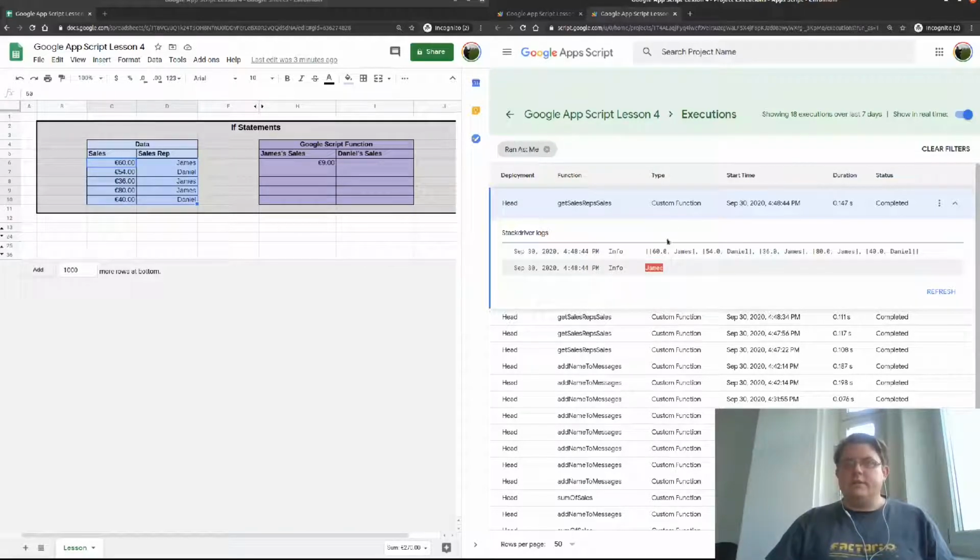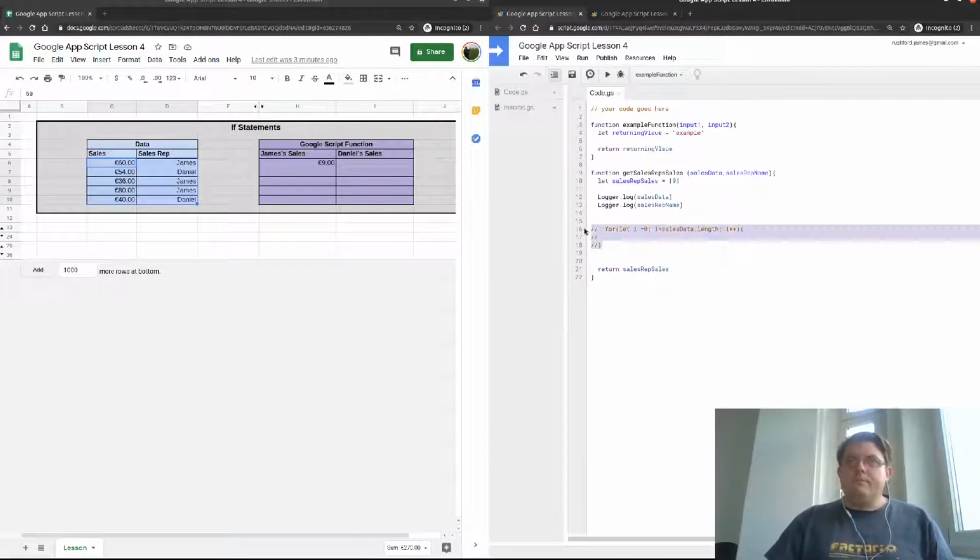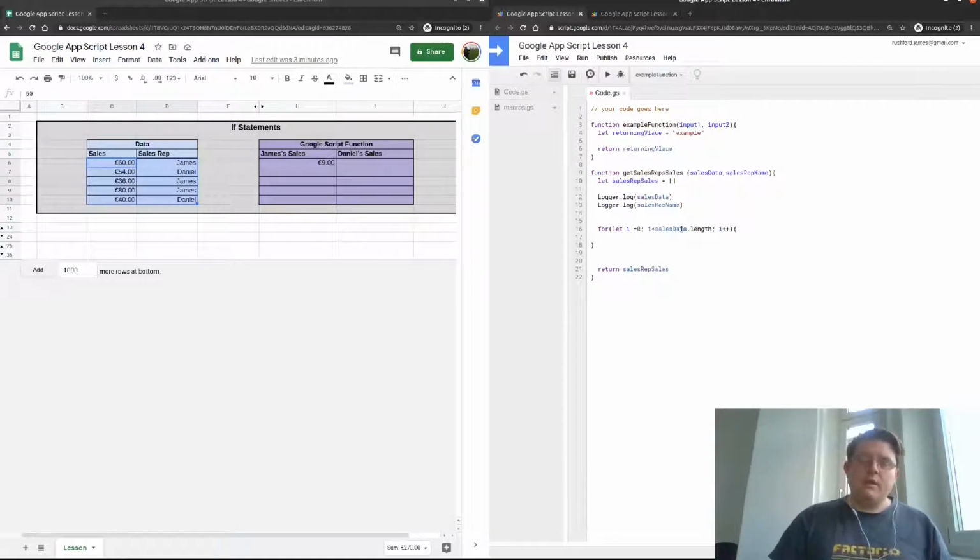So we've also got a string, this is our secondary input, which is the sales rep name. It's coming through as a string, so these are the same. That's what we want. So what we want to do here is we want to loop through each of our sales data records, and we want to push the sale onto this empty array if it is James. So the way we do that, we can say sales rep sales dot push to push an item onto the array, and what we want to push onto the array is sales data,